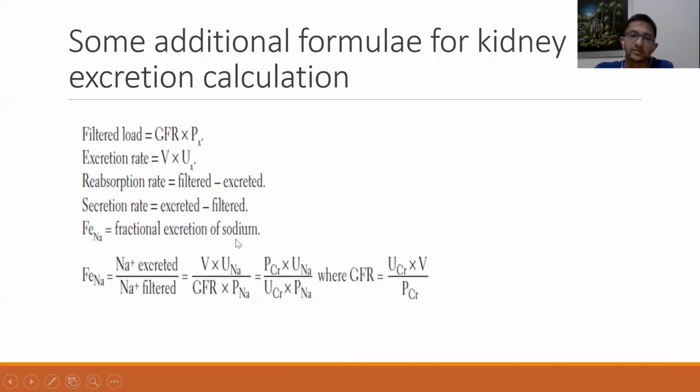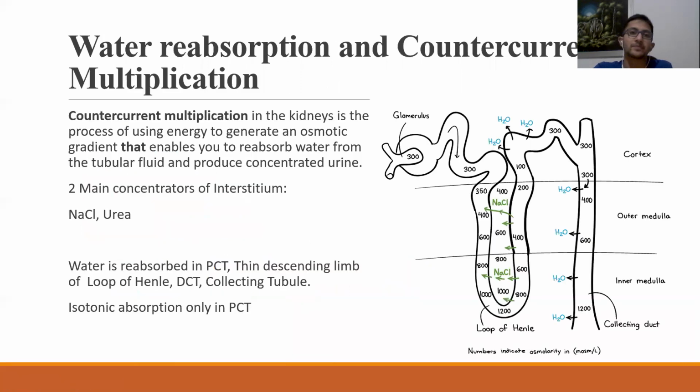Fractional excretion of sodium, which is just the amount that's excreted divided by the amount that's filtered, the excretion rate, etc. Relatively simple stuff. The terms are quite simple, and the definition is basically, if you just repeat the term, that is the definition. Quite straightforward stuff. Anyway, so moving on to quite an interesting part of renal physiology,